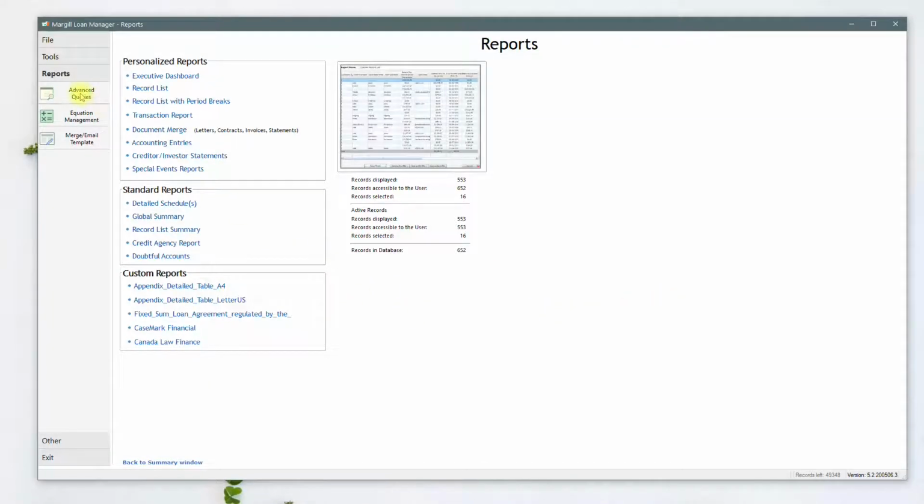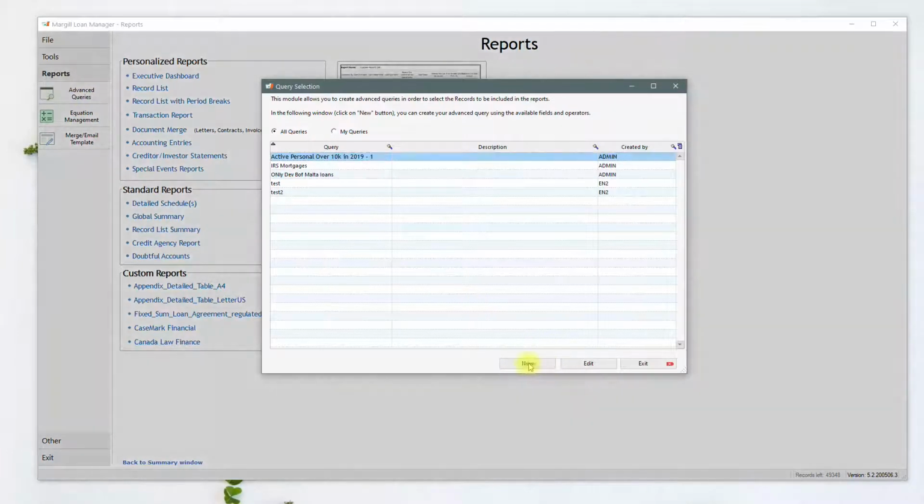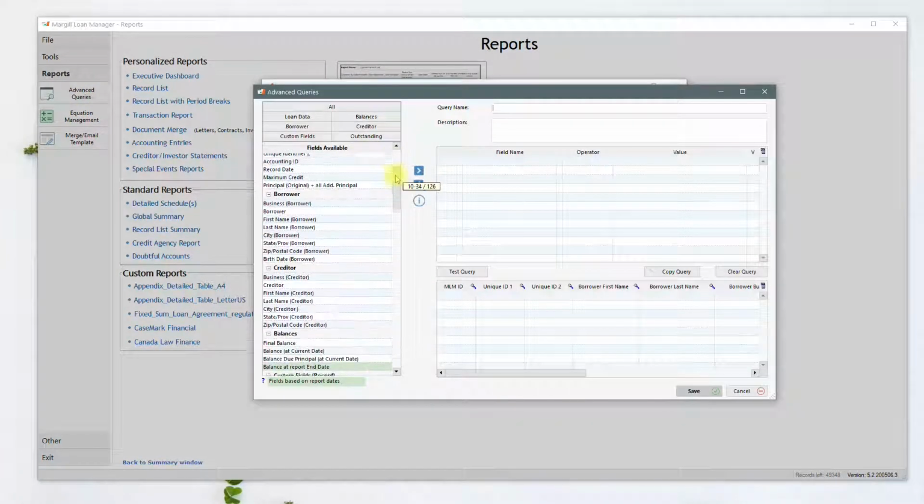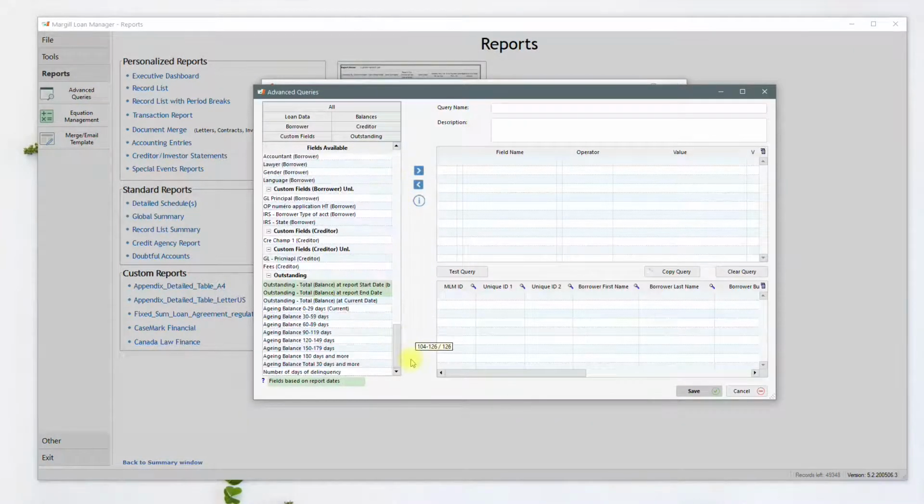Other things you can do in advanced queries, if I click on New, I have all these fields. I can choose from over 125 fields. Notice these guys in green. It means I will pick up, for example, the outstanding at the report start date. So it will be based on my report dates. I also have aging balance, which will use the current date. So what's my aging balance over 60, 89 days over a certain amount will be based on the day I